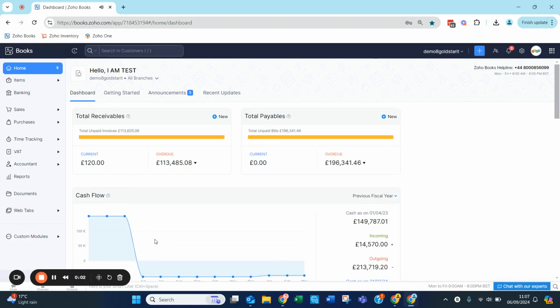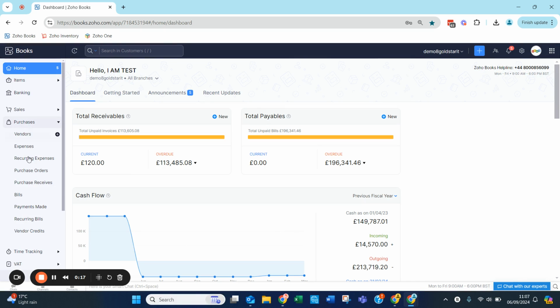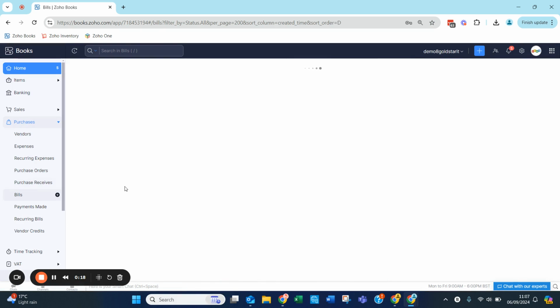Okay, in this recording we're going to show you how to generate the Zoho BACS batch. The BACS batch is how to allocate a number of payments against some outstanding bills and upload those directly to your bank account. So if we go to purchases and if we go to bills, we have to select bills